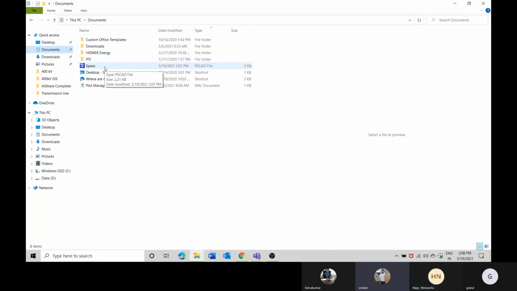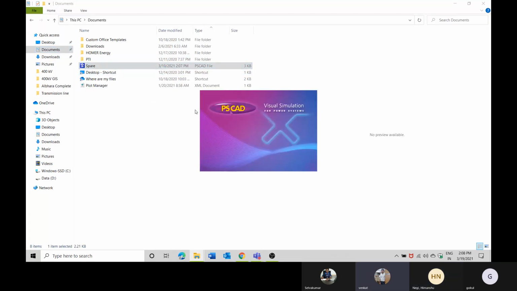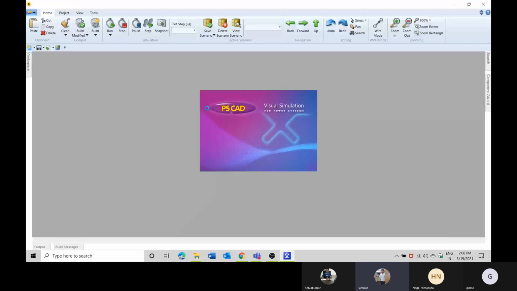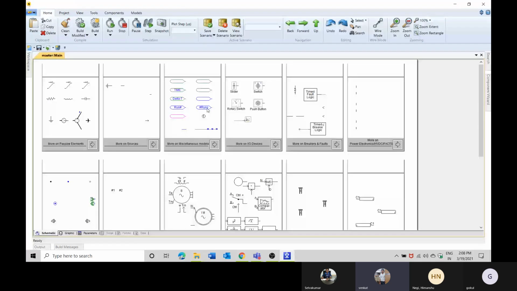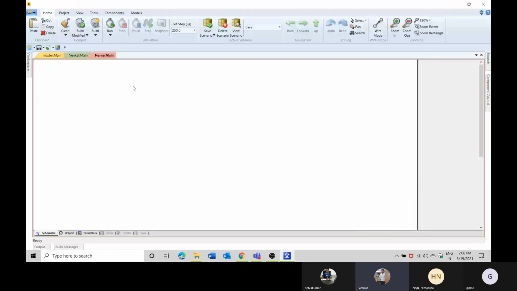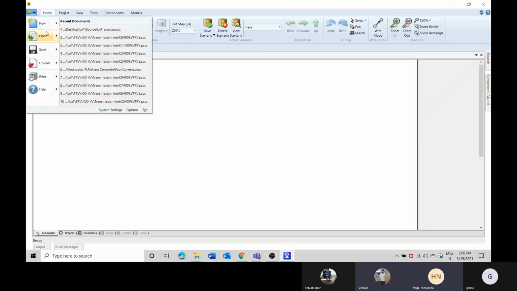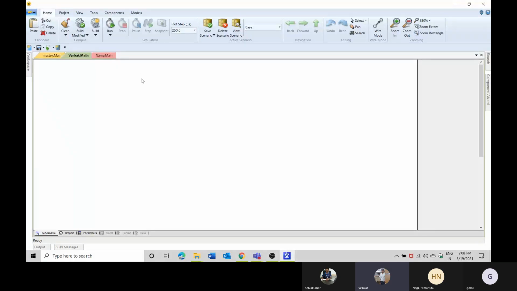Now, if we click this open option, can you see this? The project files I have worked on also came together with this. This is the difference between a workspace and a project.